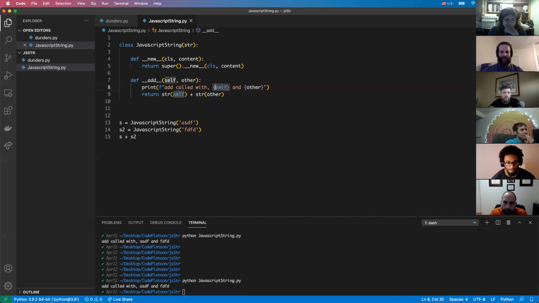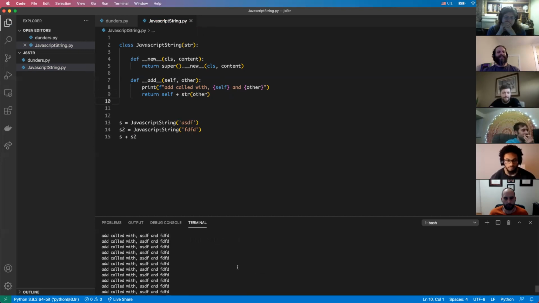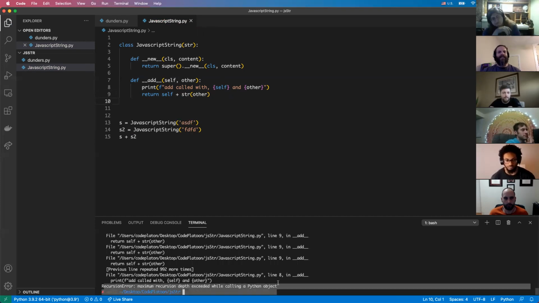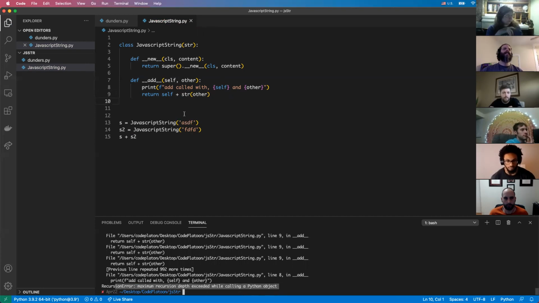Actually, that should not have happened. You kind of tricked it because you wrapped str around self. So it actually is, you're technically talking to the super class. But yeah, if you do that, it will infinite, recursion, maximum, that's my recursion error problem. Okay, so this printed out, whatever, 999 times. And then we get a recursion error. So yeah, this is calling the same thing over and over, because under the hood, this plus sign is